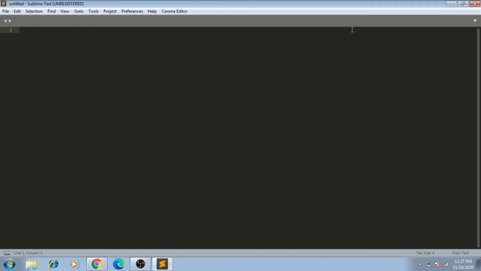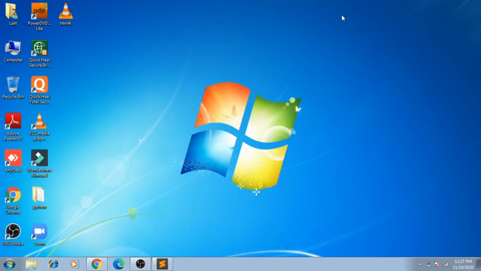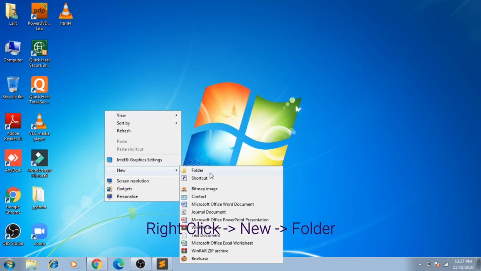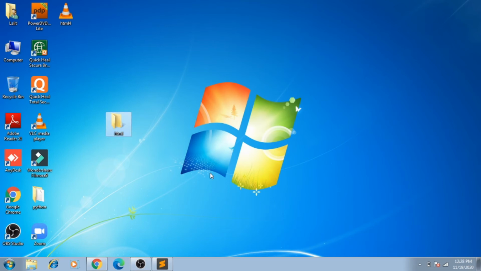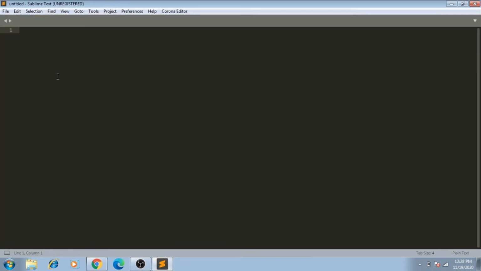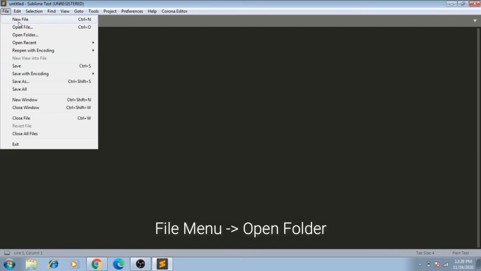Now I want to create some HTML examples in a particular folder. So I will create a folder on the desktop with the name HTML. Now again, go into the Sublime Text Editor, open that folder by selecting the File menu and then select the Open Folder option from the pull-down menu.